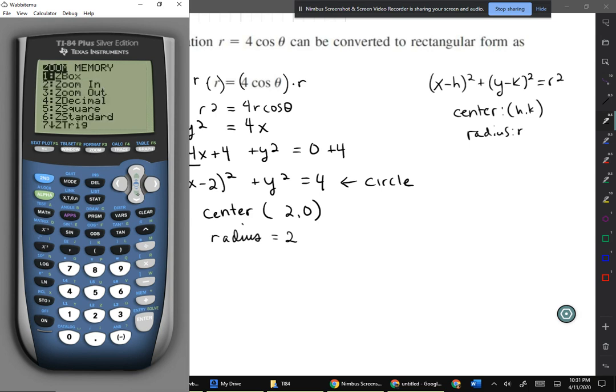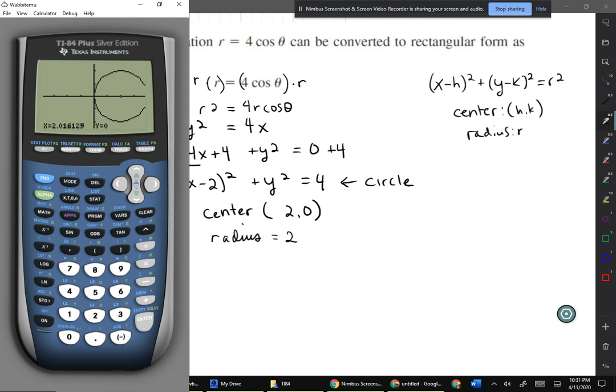And zoom in a bit. So you can see that the center, go all the way there, is at, notice it's approximate here because of the way the calculator calculates it, but it's 2, 0 basically with